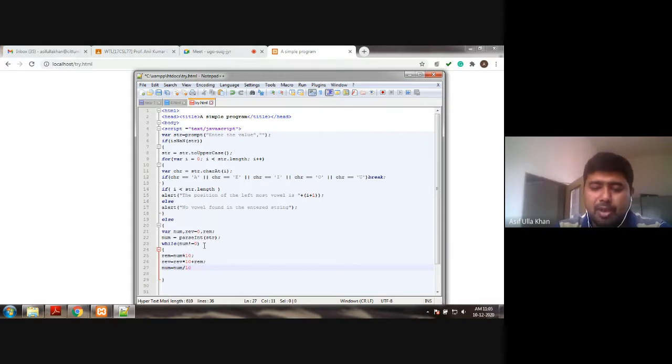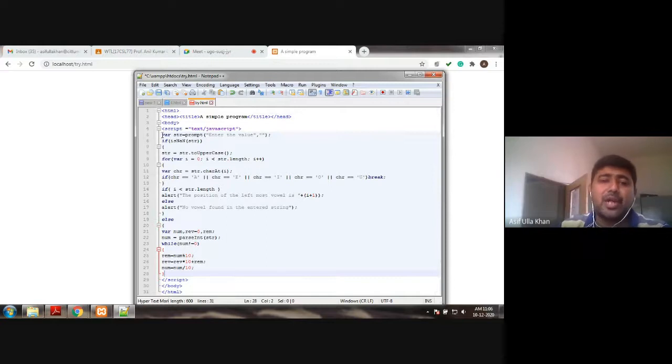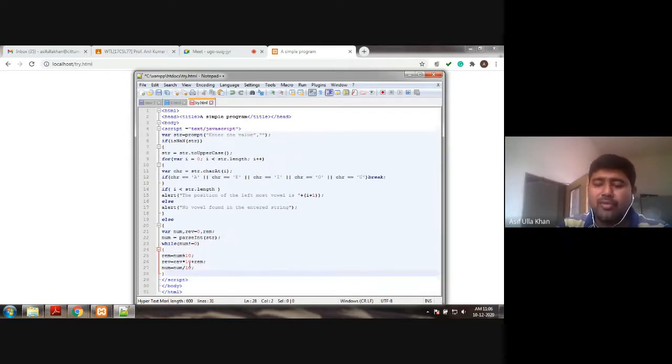It's a very simple logic which you have studied from your first year C programming. It's a program of your lab set. Do you remember this? So that's how I have written. Now I'm printing the reverse of the given number into an alert box. You know, one more way of displaying the output in JavaScript is the alert box.